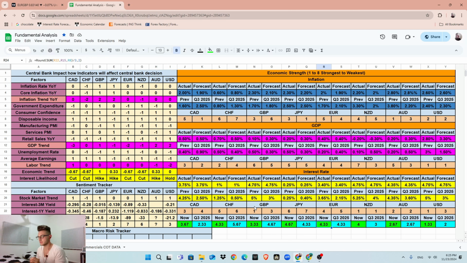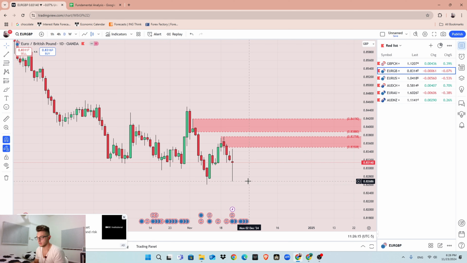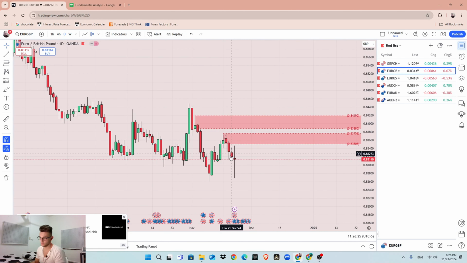Here it's percentage data. So this is the data. It's not ranking, so not +1, -1, not like this. Just economic differences. And right here, this is looking to hold interest rate. Right here is looking to cut interest rate, which we look into, and we come into the technical analysis. We see that we have a supply zone at this area, and we have another supply zone at this area. If I have good price action on the lower time frame during this area right here, I will take a short position. This is another idea.